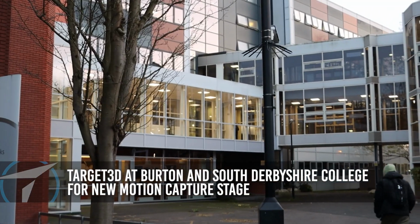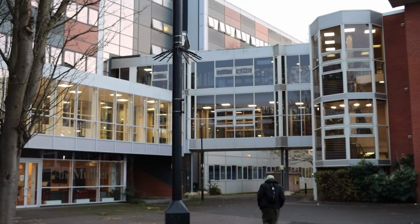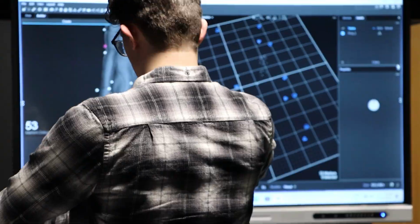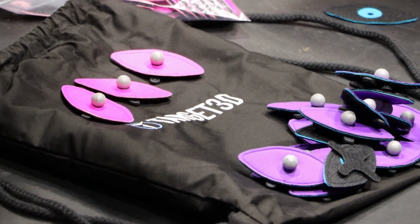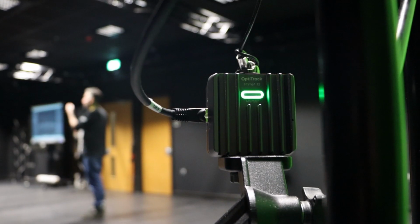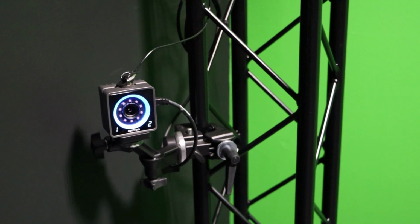Burton and South Derbyshire College is a general FE college, very much at the heart of technical vocational education. As part of that technical vocational focus, and increasingly wanting to bridge the skills gap for our learners and create opportunities, we realised that we had very little experience of the turbocharged areas, certainly based around media. So motion capture we were aware of it, we just didn't have the resources, so therefore our experience of it